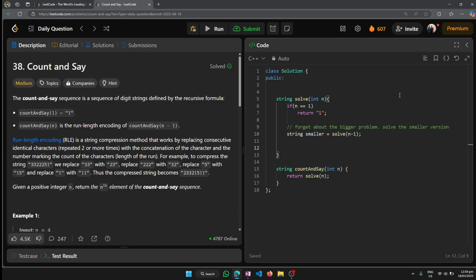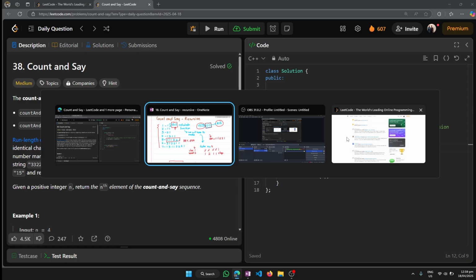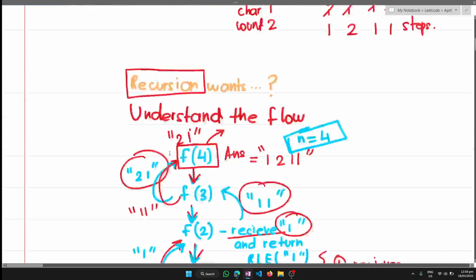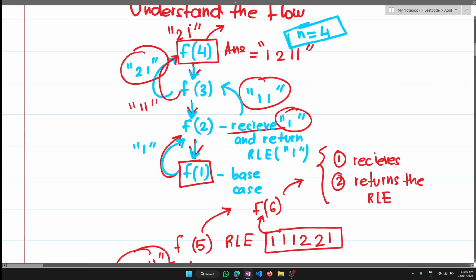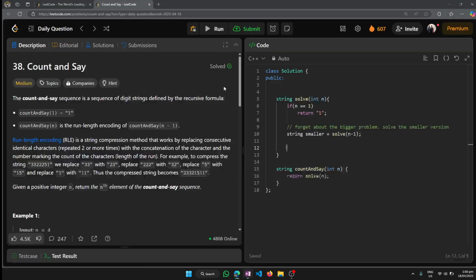Okay, so what I do is solve of n minus 1, and 100% solve of n minus 1 is going to return me a string. Just like f of 1 returned a string to f of 2, and f of 2 received this string, calculated the RLE, and then again in turn returned a string. I 100% know that there's going to be a string in this